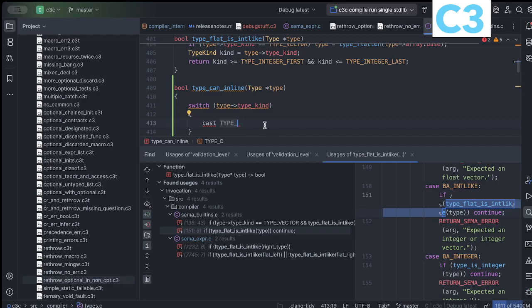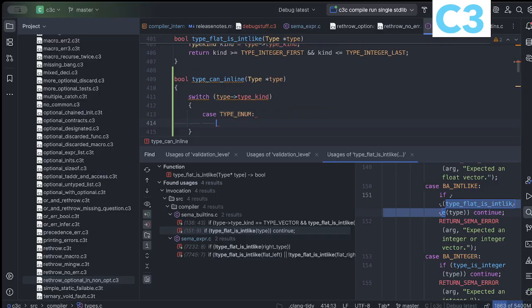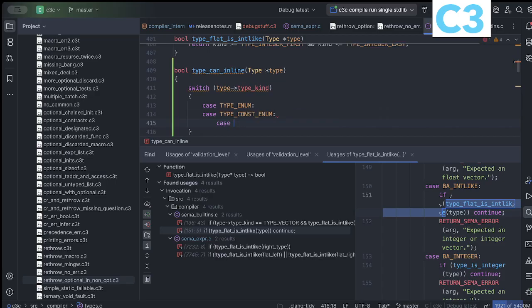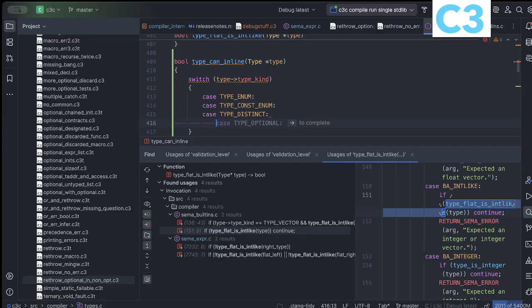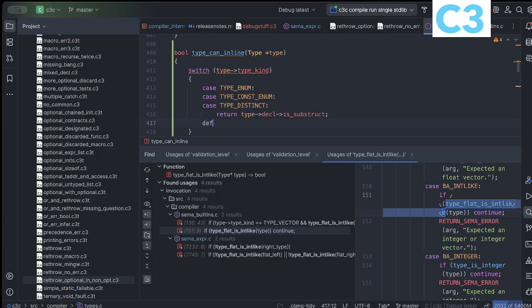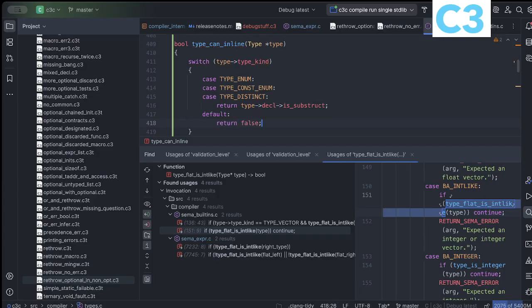Okay, type, case type enum, case type const enum, case type distinct. I guess those are ones. So return type decl is substruct. Then the default is return false, but there's also this